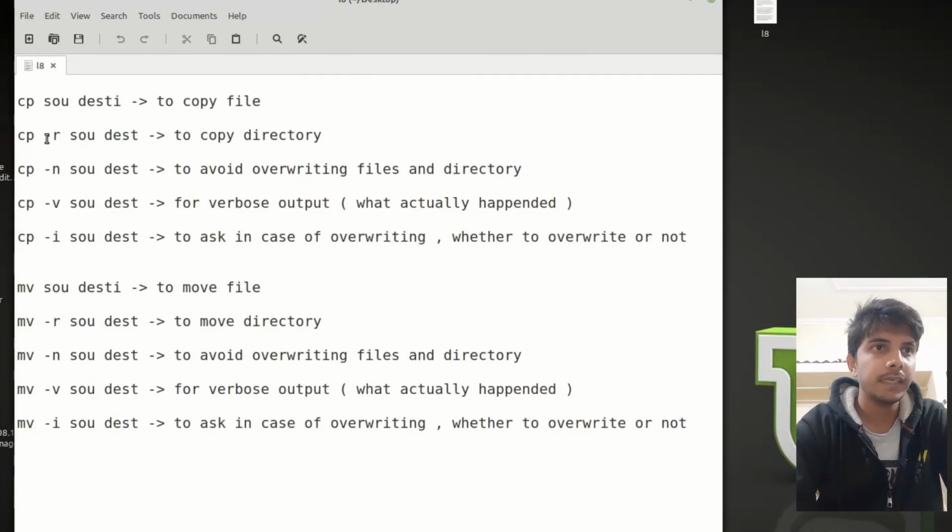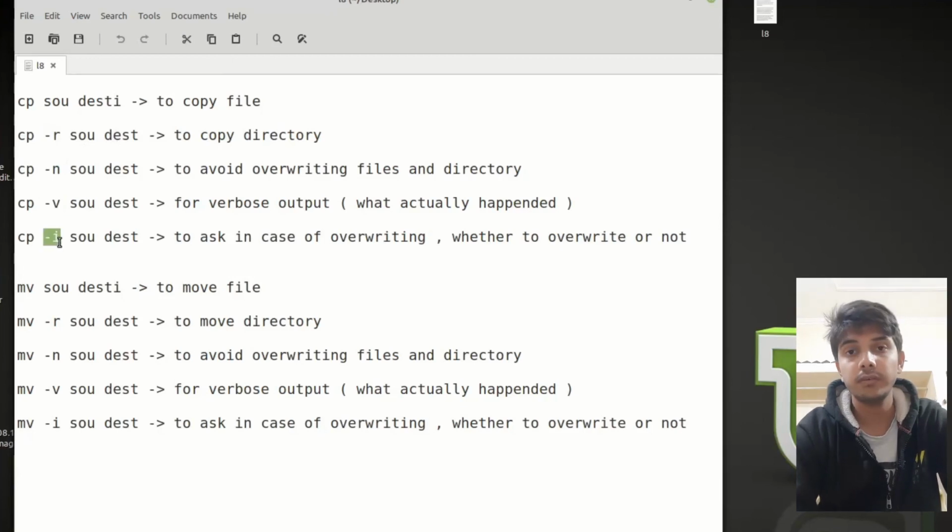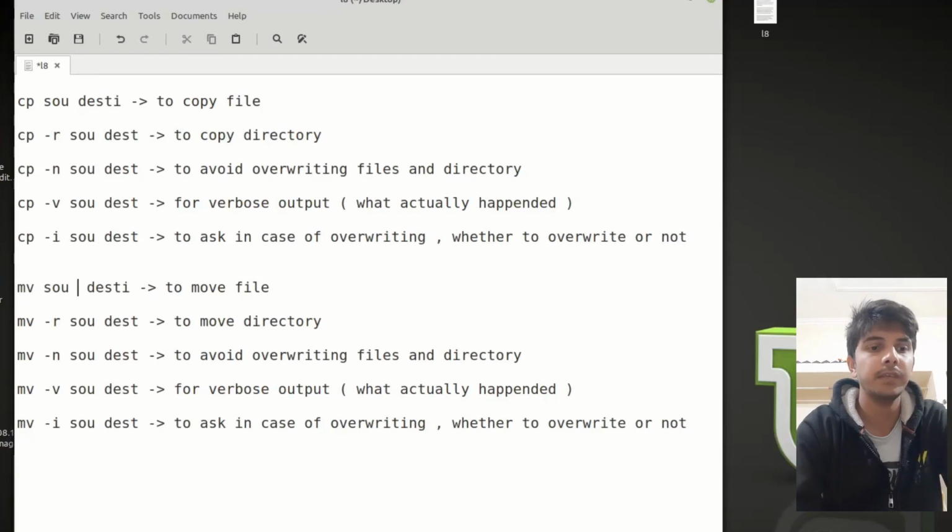Then we talked about the -r option for copying directories, -n option if you don't want to overwrite, -v for verbose output, and -i if you are going to overwrite, then it will prompt you whether you want to overwrite or not. Okay, the same options can also be applied to the move command. Okay, and if you want to move multiple files, then you can write the second file here. Okay, at the end there will be the destination, right?